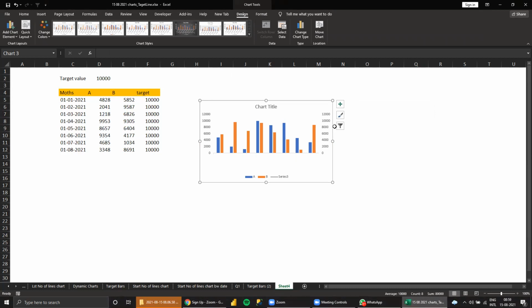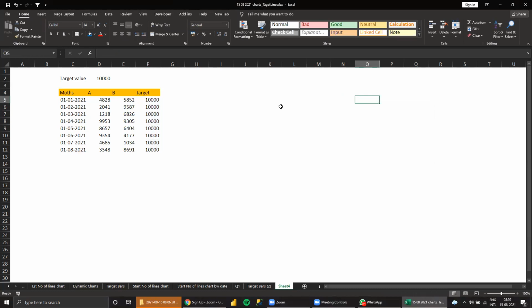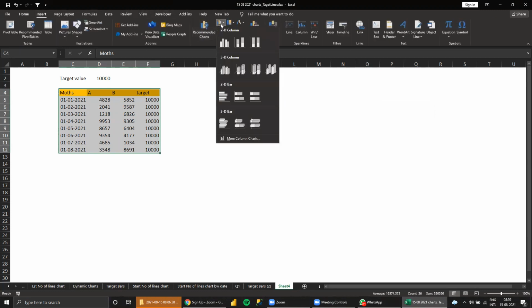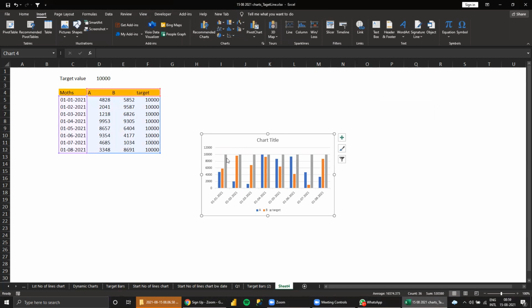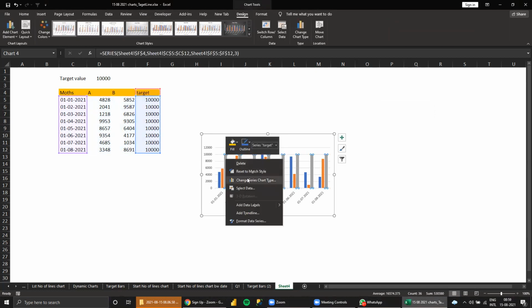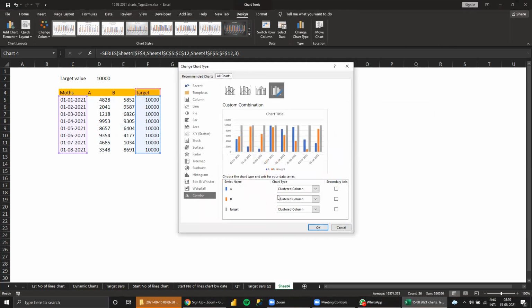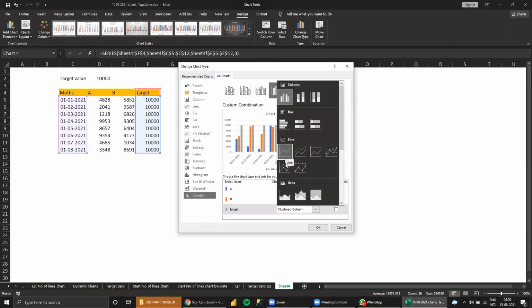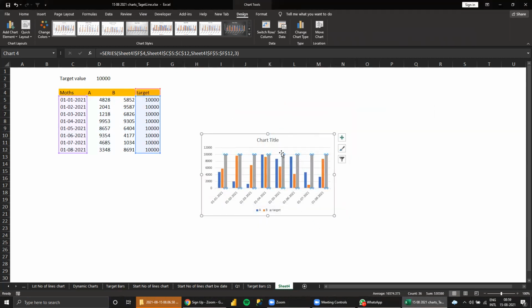Okay. As of now, you do one thing. Select the target line, internal target line, insert chart. So this chart, this target line bar, change series as a line chart. So select here, select line chart, then give OK.